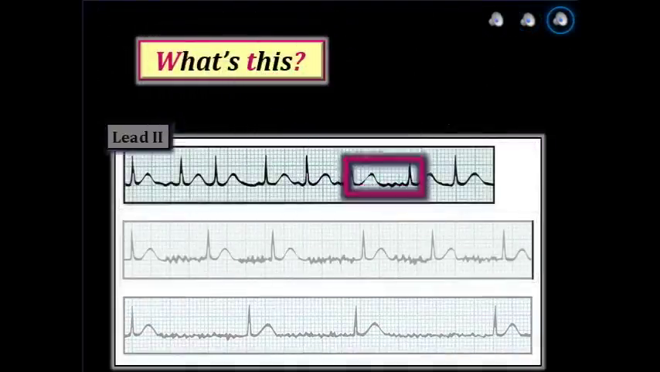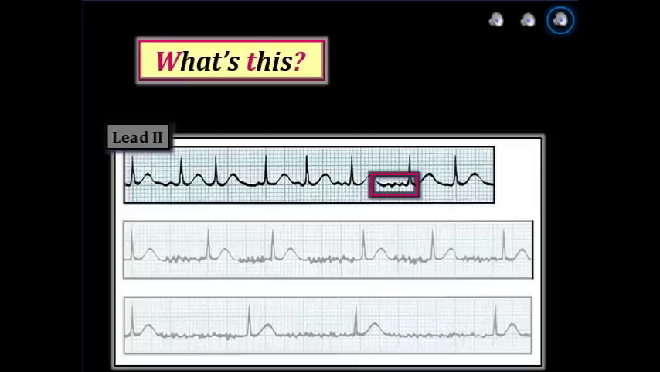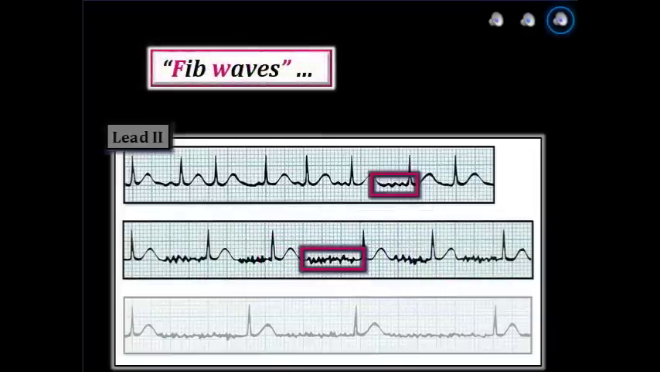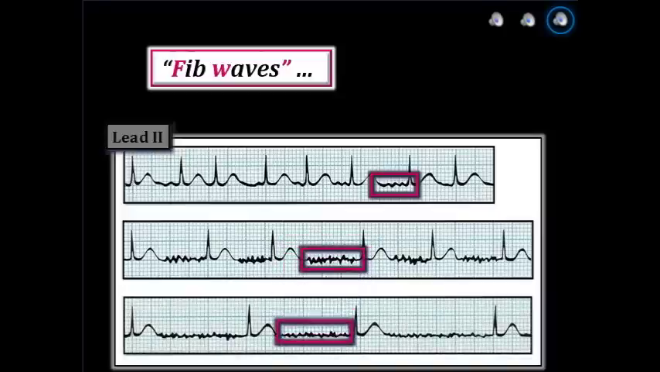So, what's this within the red rectangle? These are fib waves that are due to the numerous tiny amplitude undulations of atria fibrillating at a rate between 400 to 600 impulses per minute. These fib waves are more coarse in this middle example of AFib, whereas the fib waves are fine in the lower tracing. And fib waves are not really seen at all in parts of the top tracing within the blue